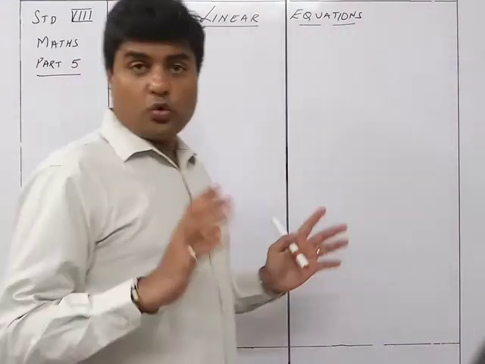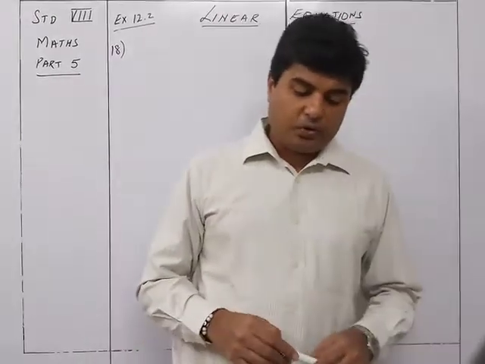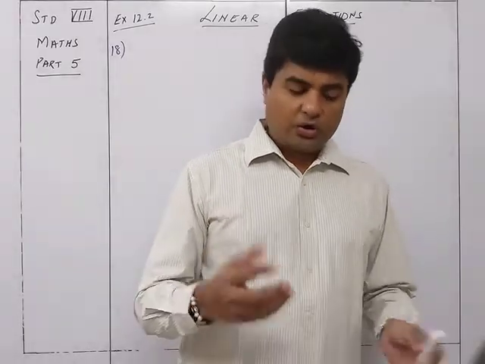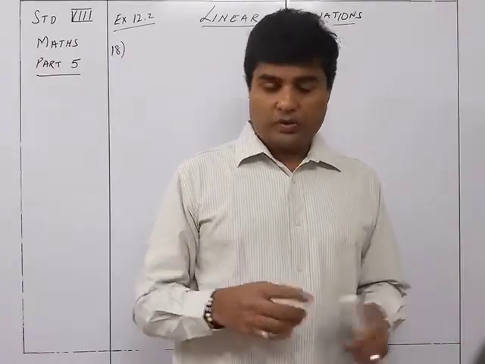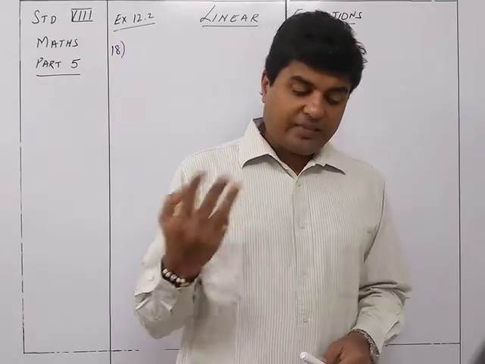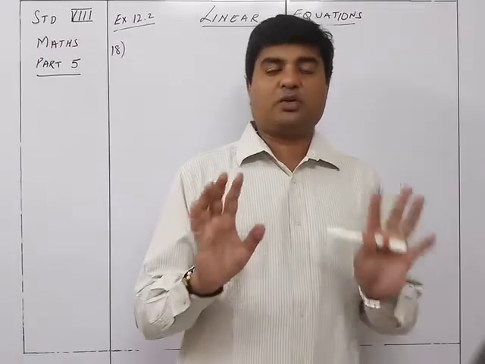So, you got a school picnic, and in that school picnic, the students agreed equally to pay rupees 10 each for the boat. Okay, for the full boat, they wanted to pay 10 rupees each. But if there were three more students, each would pay 2 rupees less. Okay, this is the question.